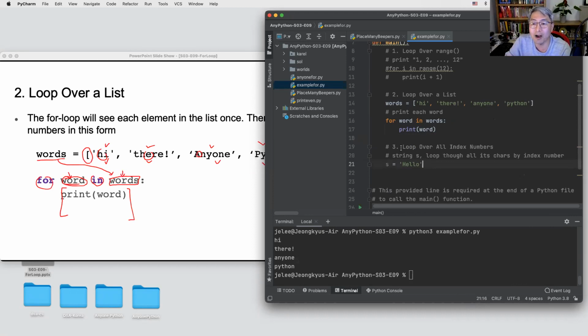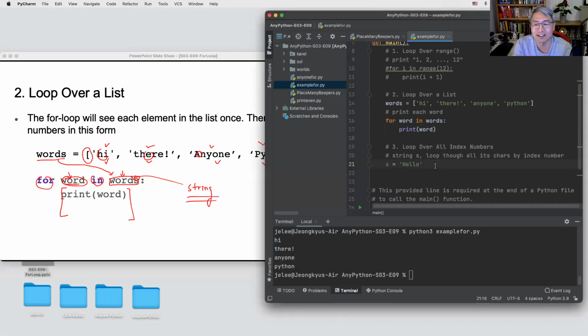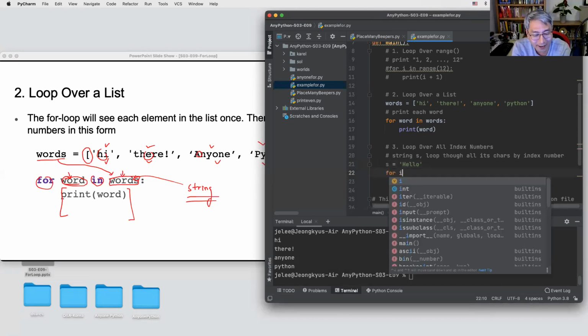The third problem: I mentioned that we can use any collection of data here. So a string is also a collection of data. In Anyone Python season 4, we will have a lesson to learn about strings later. But here we will see just a taste. Let's see this one. Why don't you follow me? For i in range